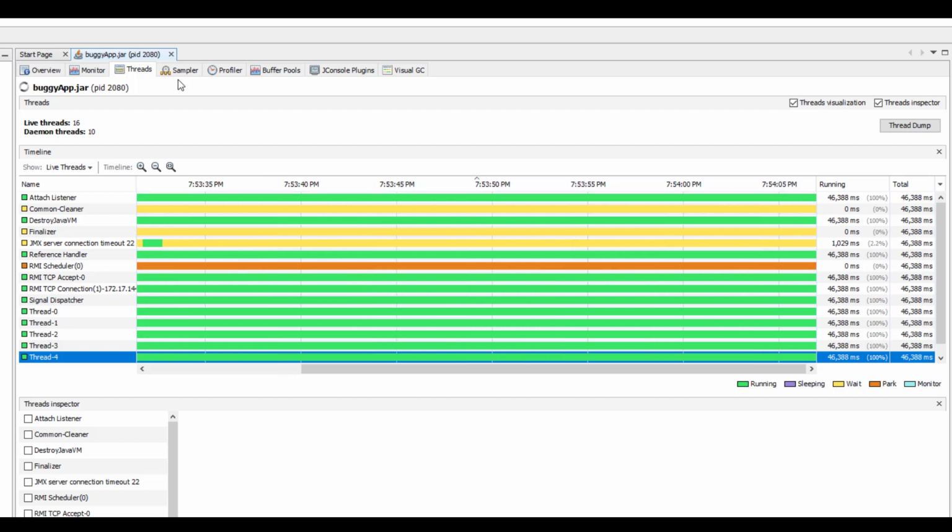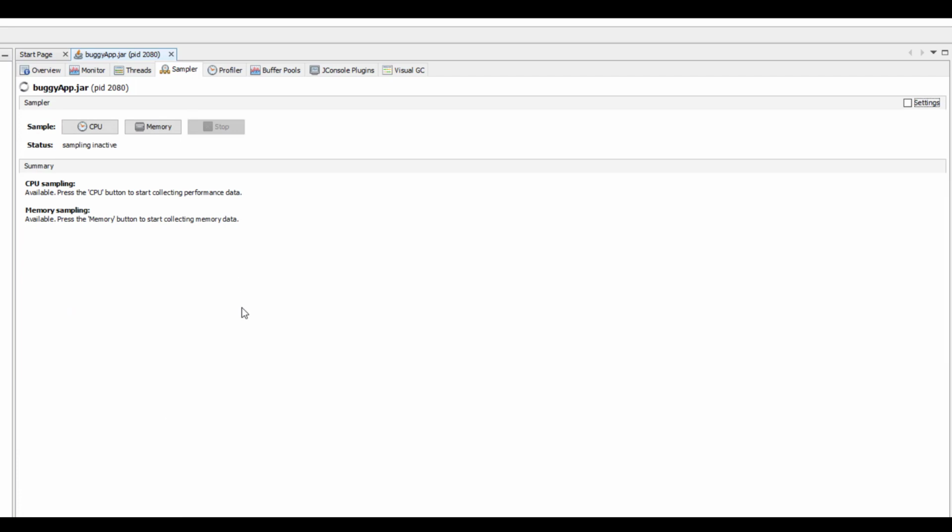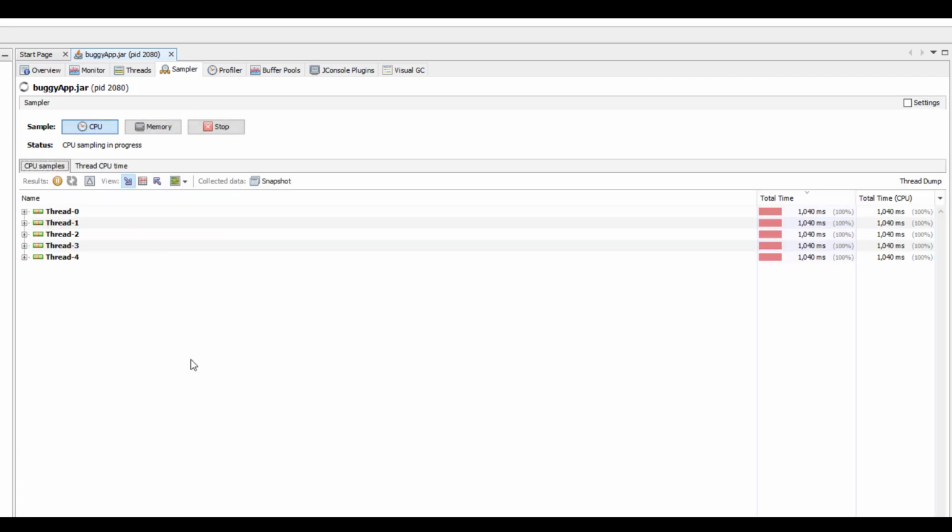Now let us go to the sampler and take a sample of the CPU. If you click on the CPU button, it will take the CPU samples, and here it is displaying the thread details, thread 0 to thread 4, and you can see the total time is the elapsed time and 100%.